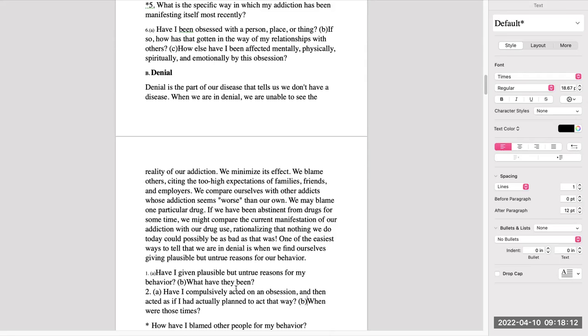And I might read it: how I can possibly acted on it, how have I acted on an obsession, and then acted as if I had actually planned to act that way. That's a good, I love this section here. Have I compulsively acted on an obsession and then acted as if I had actually planned to act that way? Okay, I'm tongue-tied because I've been taping for a long time this morning, but I wanted to make sure I